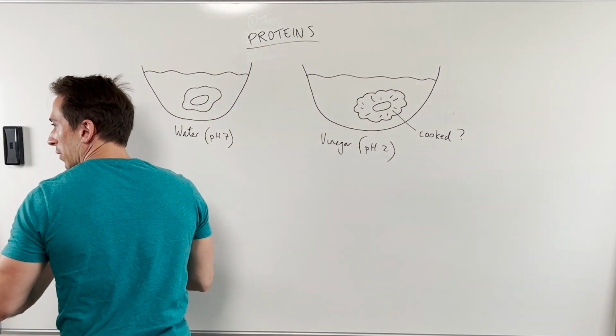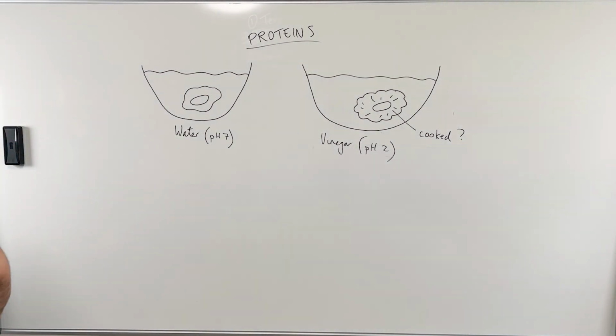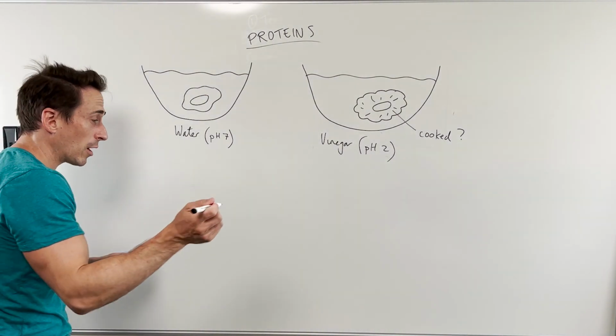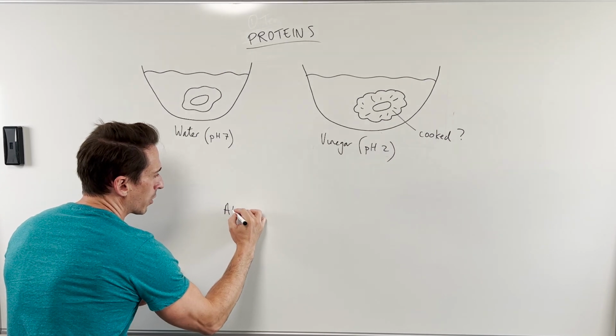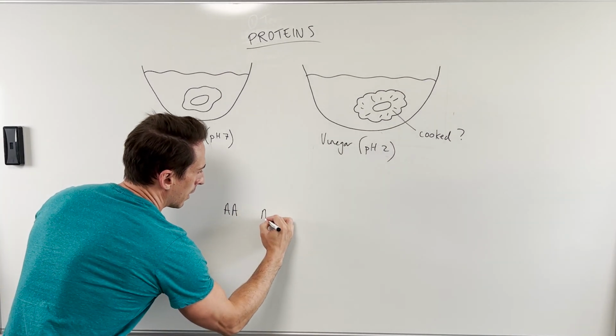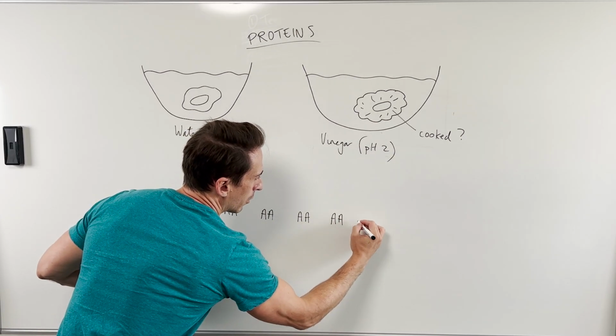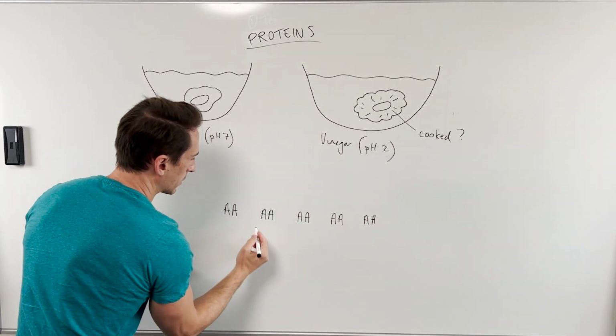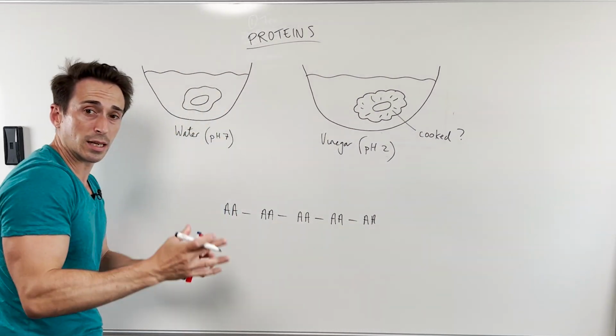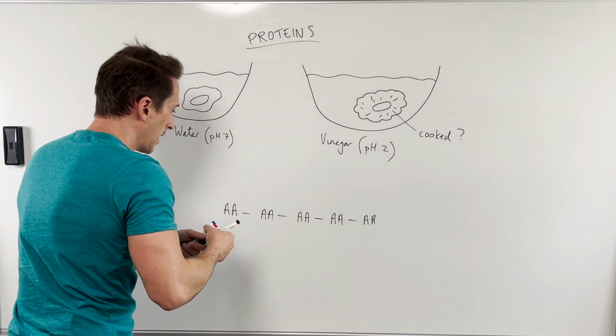So for example, I'll get another pen. You can have an amino acid, an amino acid, an amino acid, an amino acid, an amino acid. Remember, they're all connected in this big long string of amino acids, and they've all got different